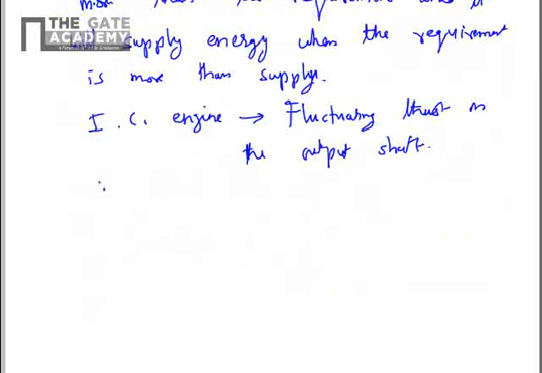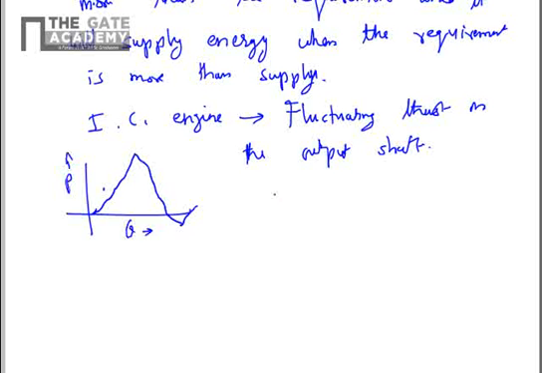Because if you recall the IC engine cycle, the pressure will be less, then during compression the pressure will rise, then during ignition it will rise again, then during exhaust it will fall down to come below atmospheric, the exhaust will take place, and then again the cycle will repeat. So this is the pressure axis and this is the crank angle theta. So the pressure in cylinder